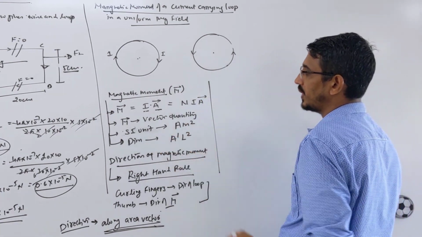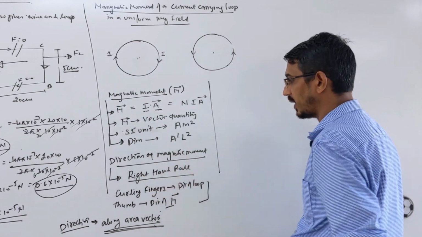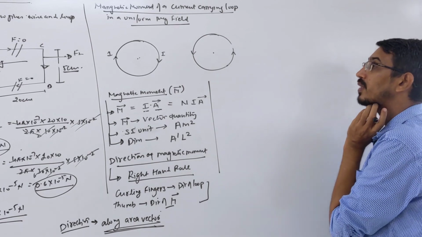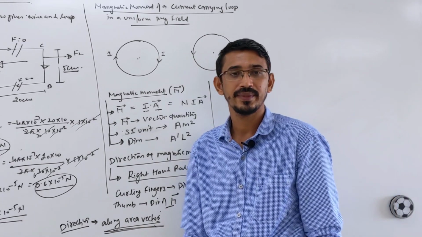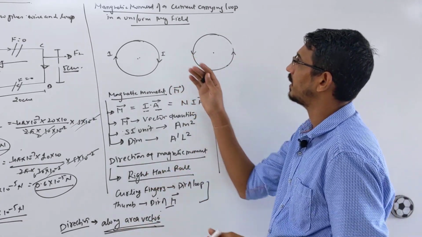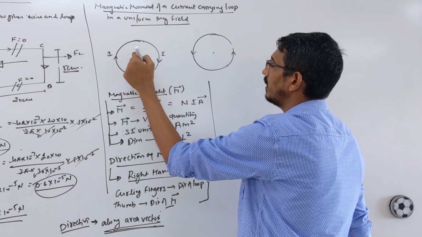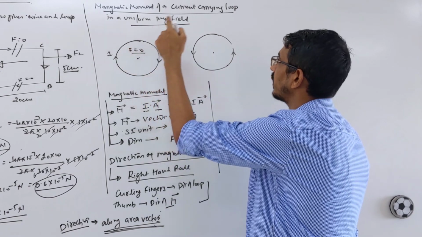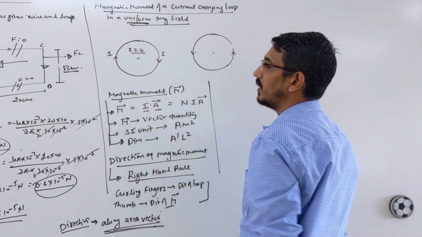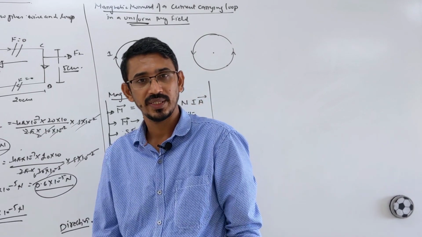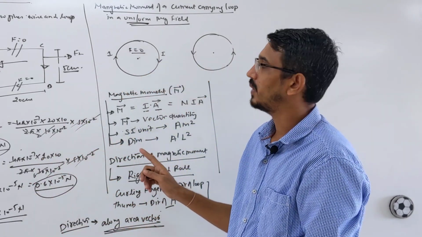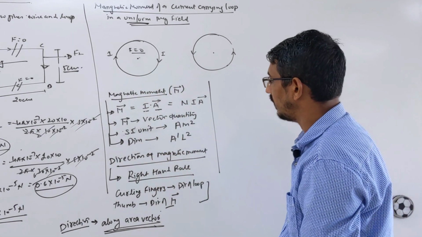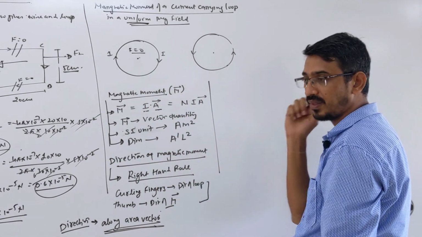So you understood the vector quantity, dimension, units, and how to find direction, right? Now, remember in electrostatics we learned about this coil: the net force on this coil is always 0 in a uniform field. We're talking about uniform field only, okay? Keep in mind, net force is 0, but magnetic moment is there. So what will happen? Torque will act on this, okay? We will want to know torque, but before going to torque, we see one more small thing.